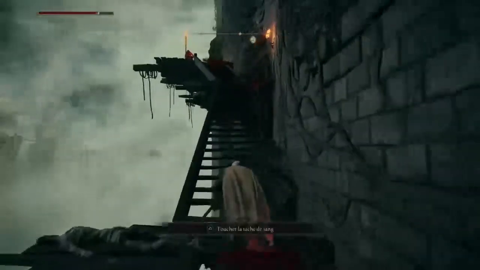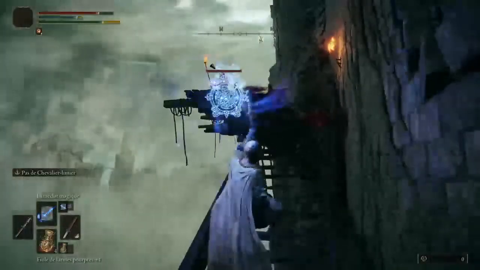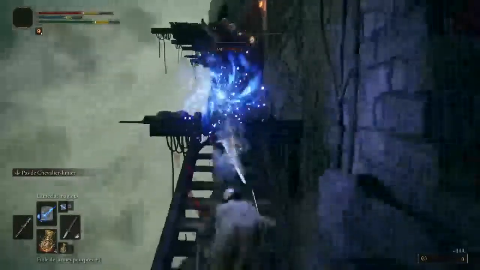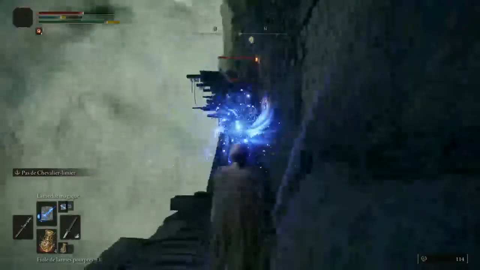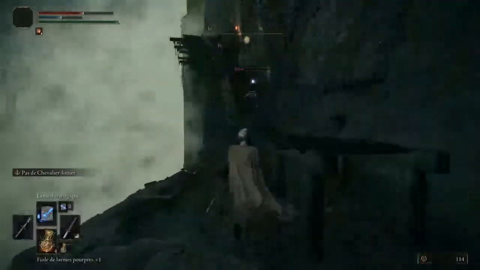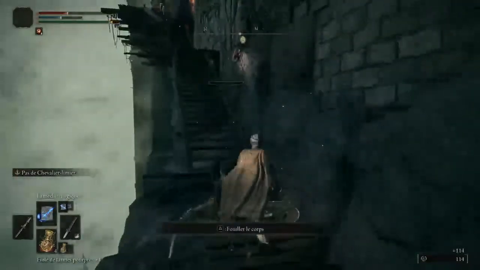For the second best area of effect sorcery, we have Adula's Moonblade. This spell unleashes a very powerful Great Sword Arc at the enemies that does travel a bit as well, just like Glintstone Arc, and can pierce through enemies. The reach of the sword is also very wide, and because it is a frost spell, it can actually inflict frostbite upon the enemies for even more damage, and also as a way to reduce their defenses. The only downside of this spell is that, well, it takes quite...